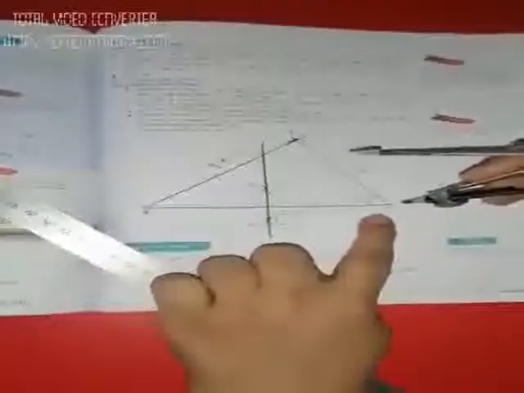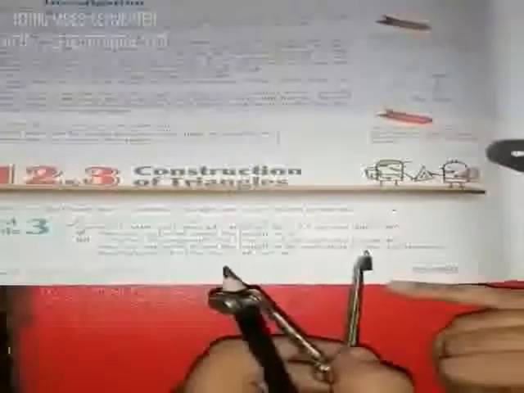Okay, students. See, they were saying to draw the perpendicular bisector of AB so that it cuts AC at point S. So this is point S. Now, what are they saying? Let's see the next task. Measure and write down the length of BS, such that S is the point where the perpendicular bisector of AB cuts AC.